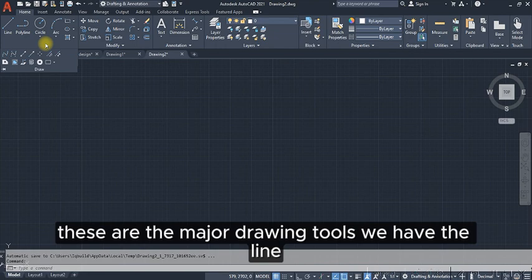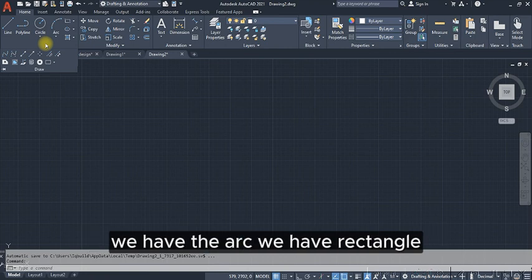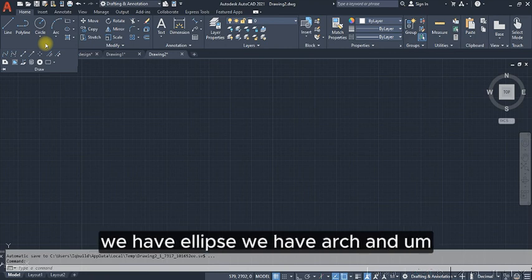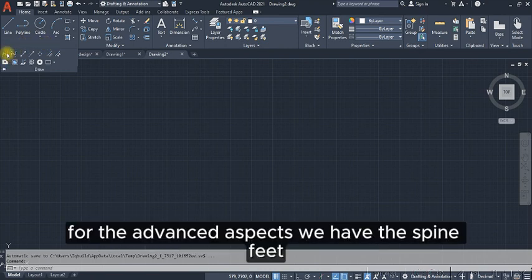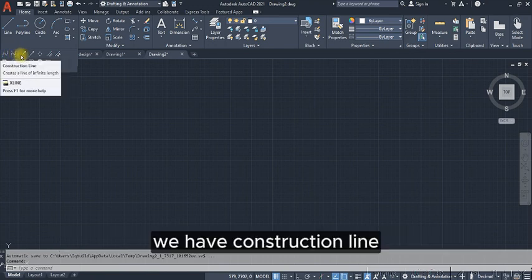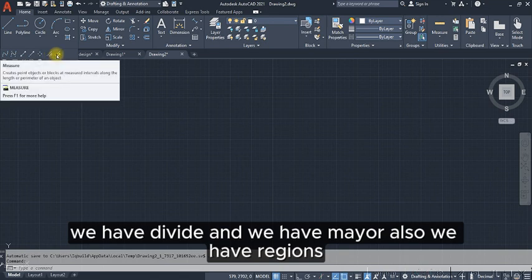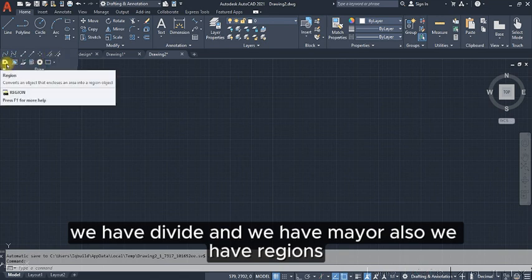You have the line, the polyline, the circle, the arc, the rectangle, the ellipse, and for the advanced aspects, you have the spline fit, the spline CV, that's the control vertex, construction line, rays, multiple points, divide, and measure. Also, we have regions,